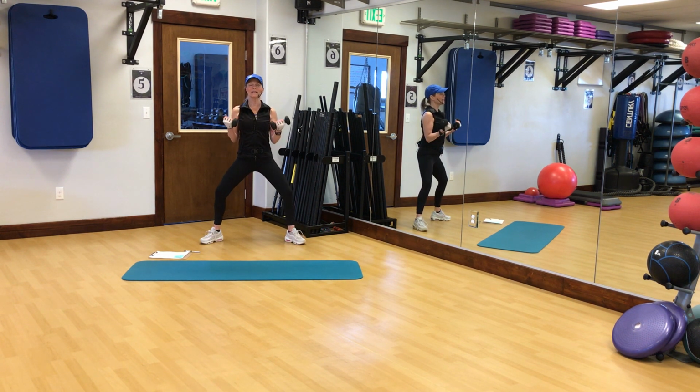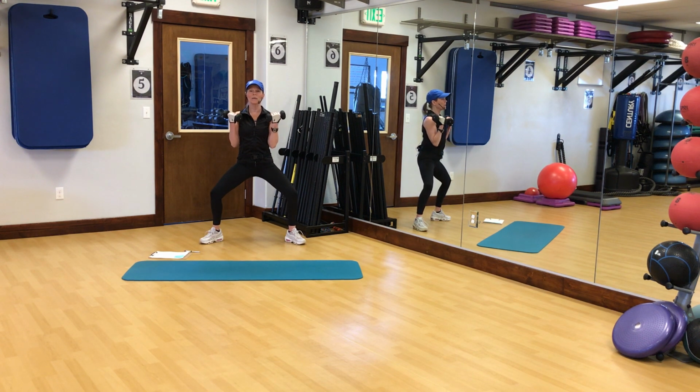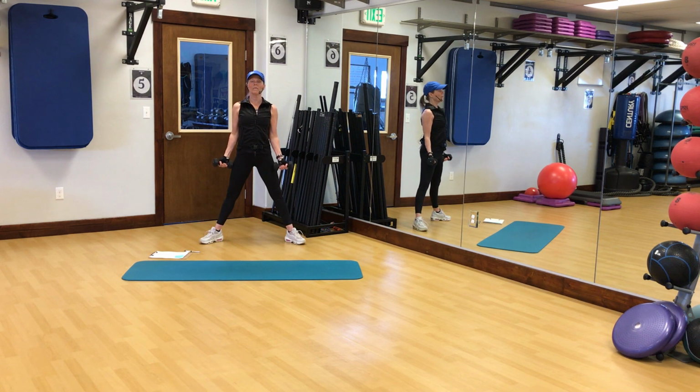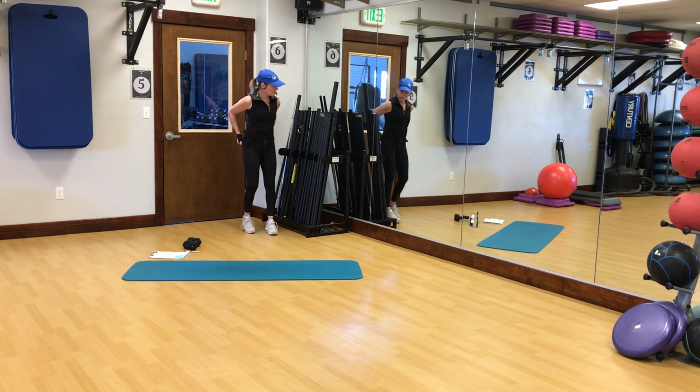Drive through the heels, inhale, and exhale, down and up, and it's 4. Squeeze those inner thighs together, squeeze those buttocks tight, drive through the heels, 2, and 1 more, and up. Good. All right, and then your balance matrix, we're just going to do